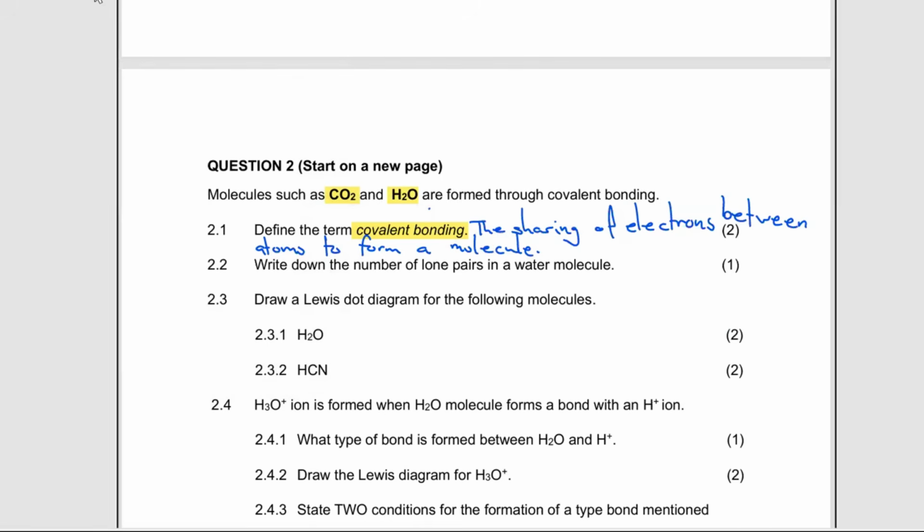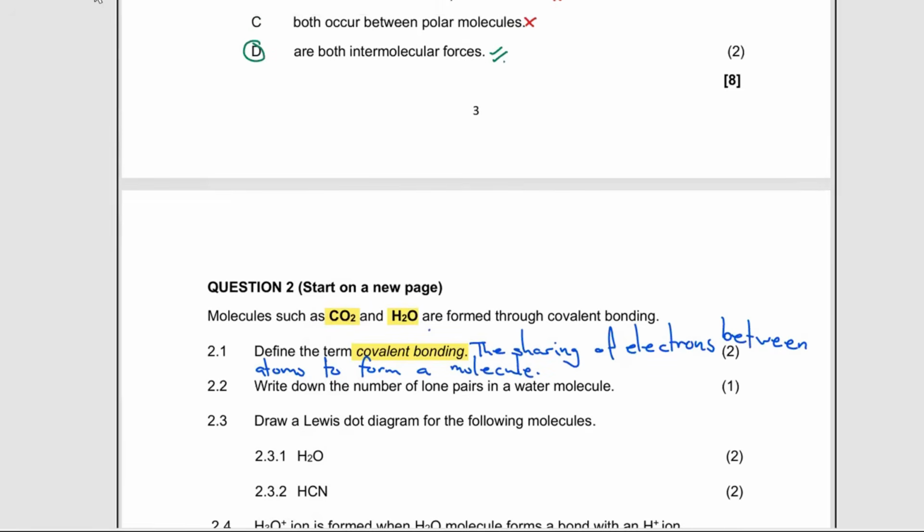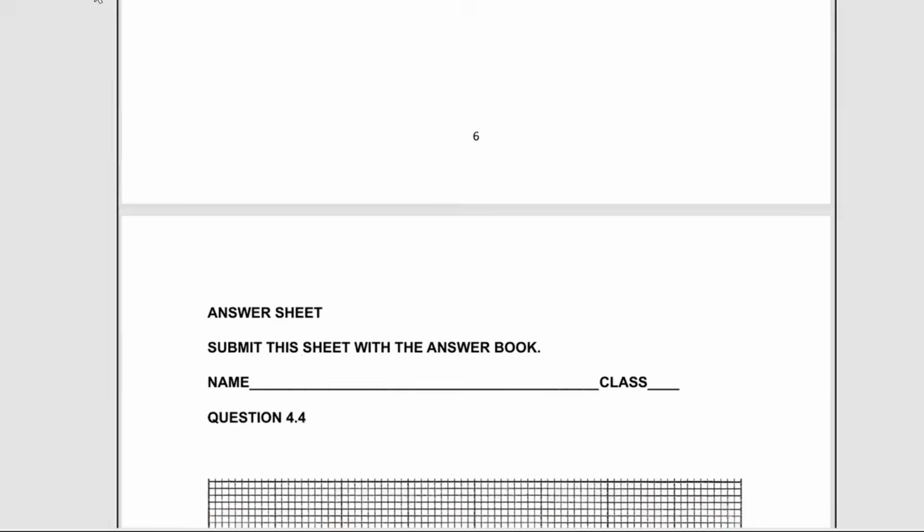Like that. That's how we define the term covalent bond. Then 2.2 says write down the number of lone pairs in the water molecule. So if we are to bond this H2O there, we'll take note of, let's say we're having my oxygen there, right? So my oxygen, if we're to check our periodic table at the bottom there, you will find